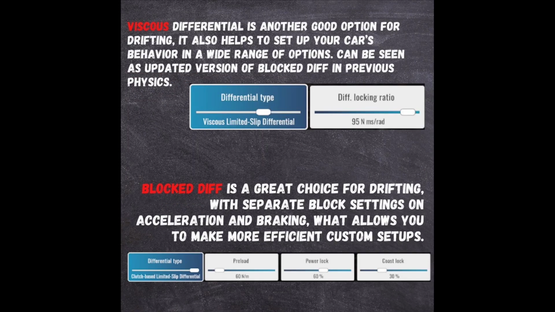Now we have the viscous type, and what they're saying is the blocked off, but that's also really a clutch based limited slip. So let's discuss that now. The viscous has a diff locking ratio, which basically adjusts the ramp angle of the diff. It's really good to keep it really simple with how to ramp in, how aggressive you want your diffs to